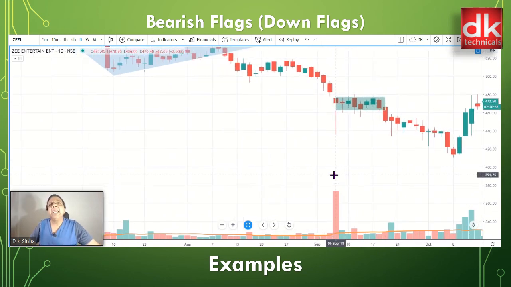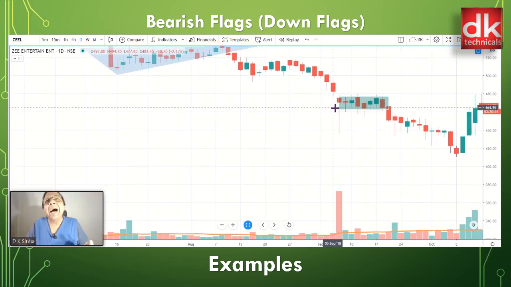So basically in up flag and down flag, the height of the pole is important to project the target, and the drawing of the flag is very, very significant, as all the closing points should be within the cloth of the flag. So this conceptual understanding is very much essential. If we are searching for an opportunity for a long trade in a markup phase, we should be doubly sure that it is a markup phase, an uptrending market, so that the continuation chart pattern can be encashed in the uptrending market, and the bullish flag would be our center of focus.